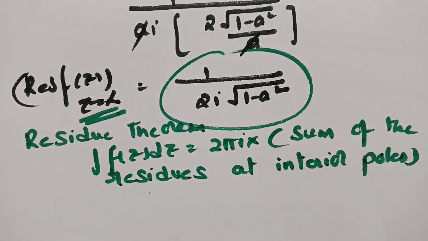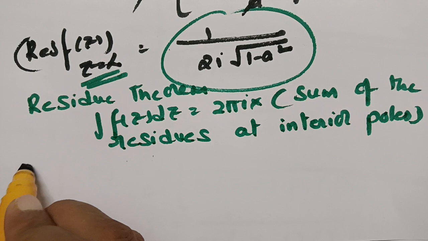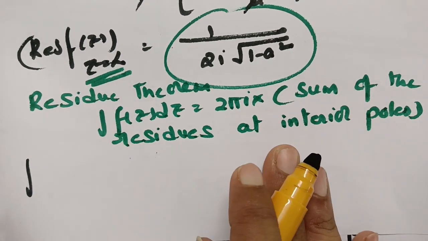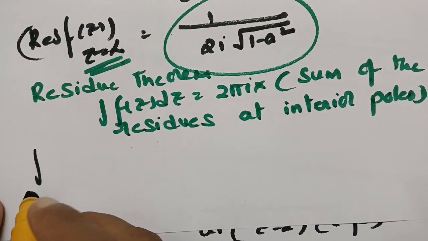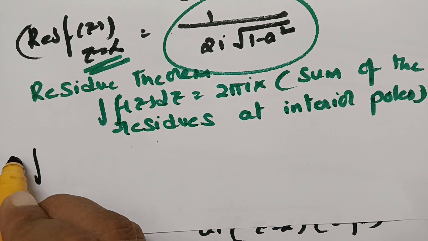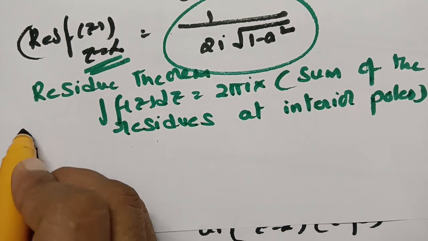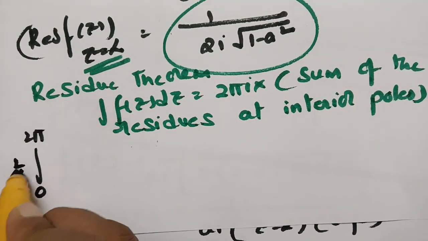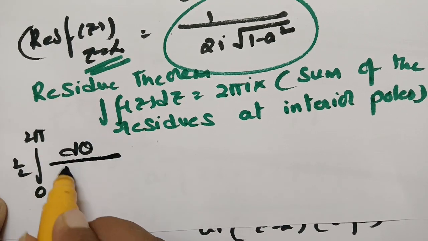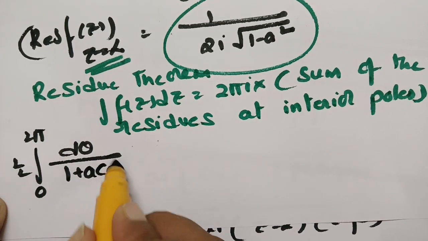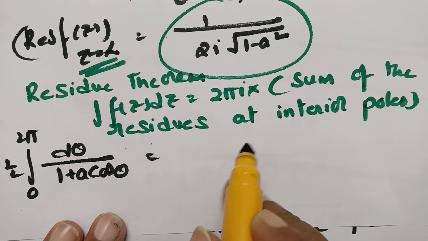So this one will be the integral of f of z. So what is f of z here? The f of z value is nothing but half times the integral from 0 to 2 pi of d theta by 1 plus a into cos theta, which is equal to, this value,